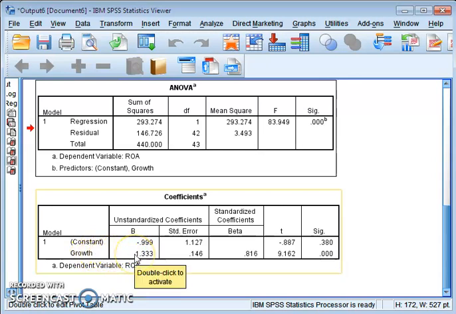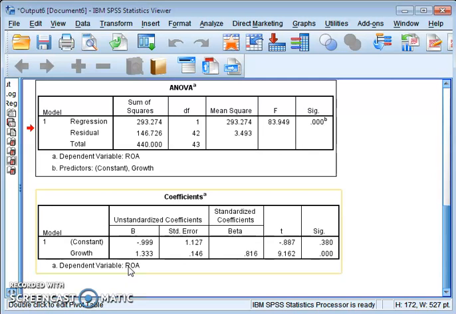That means we will see the value of the unstandardized coefficient of growth. In this case the value is 1.333, which is positive. So we can say growth is having a positive impact on the dependent variable.